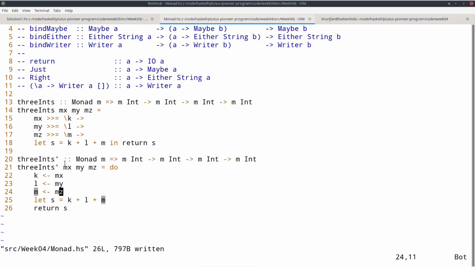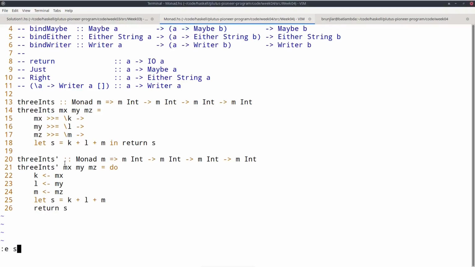So in this case, instead of using explicit binds, you would use do notation. For shorter expressions, it's more or less a matter of taste. So you can always use do notation, but you don't have to. And often, if it's one or two computations, then people also use explicit binds. But as I said, it's a matter of taste.